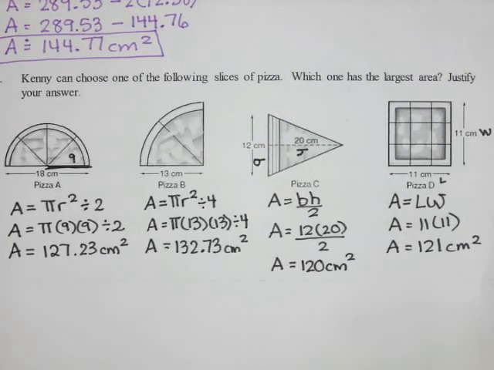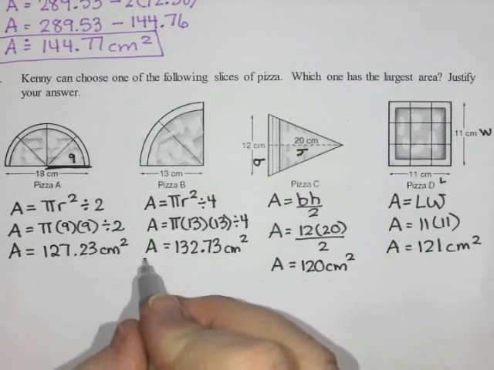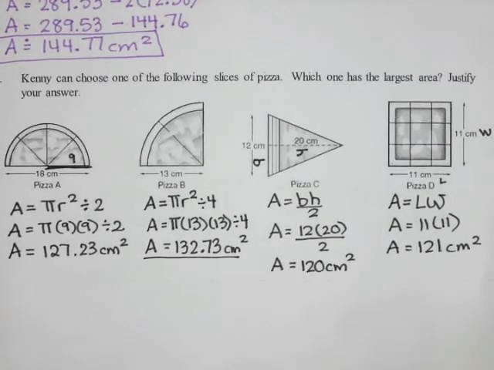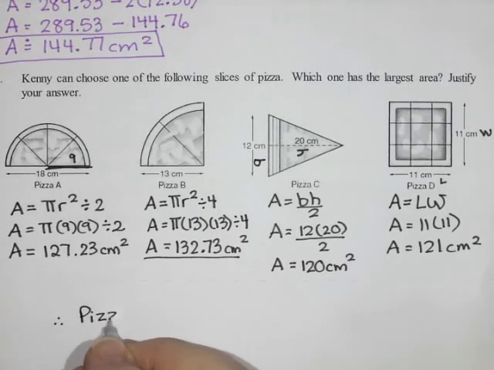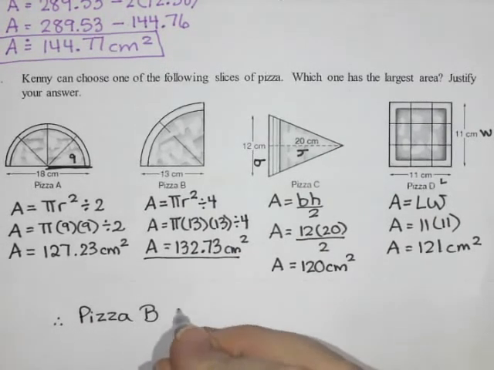Which one has the largest area? That would be this one right here. So I'm going to say therefore pizza B has the largest